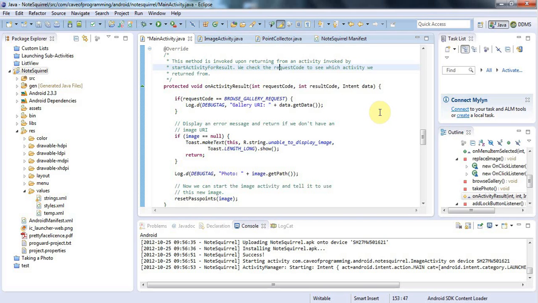Hello, this is John from caveofprogramming.com, and in this tutorial we're going to look at how you can use an image that the user has selected from a gallery in your application. Specifically, we're going to look at how you convert a gallery URI to an actual file name that your application